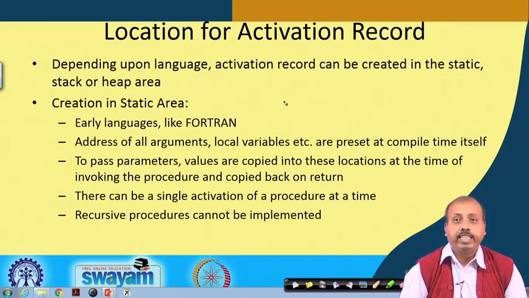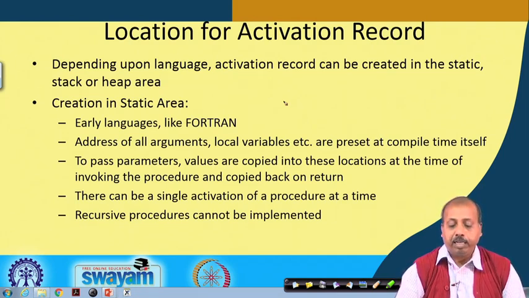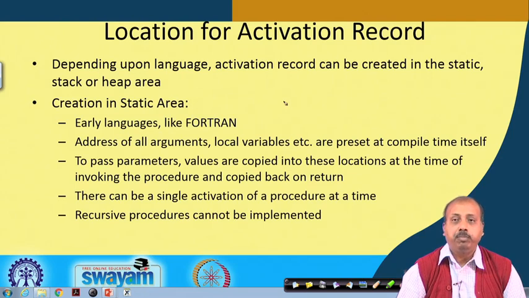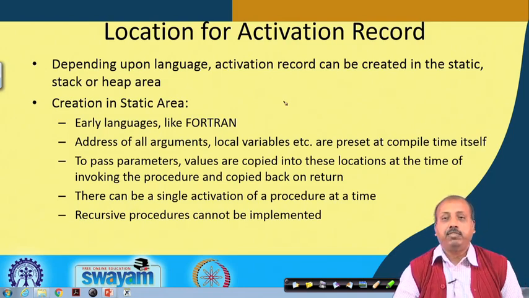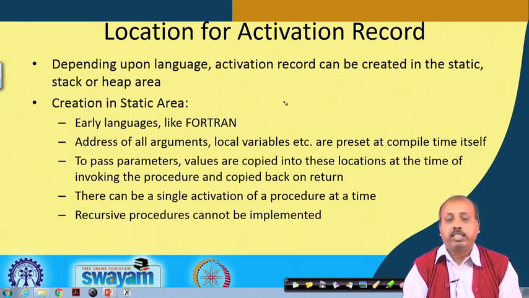The code is generated such that whenever a procedure call is made, the parameters that you are passing will be copied onto this activation record space, and after it is over, they will be copied back from this activation record to the actual variables. That way, if there is a change in the values of those variables within the execution of the procedure, it will get reflected.